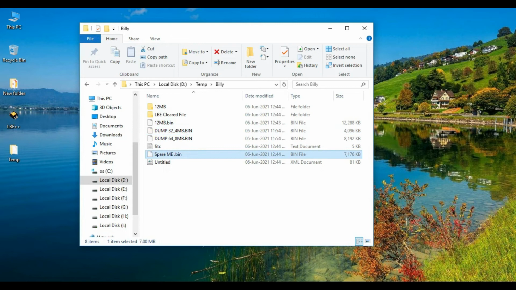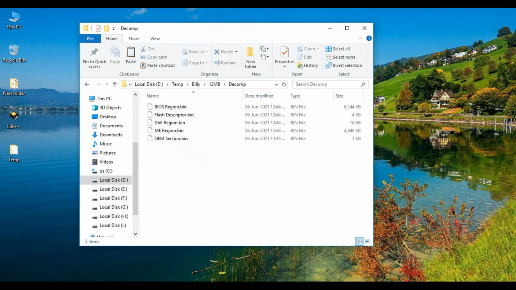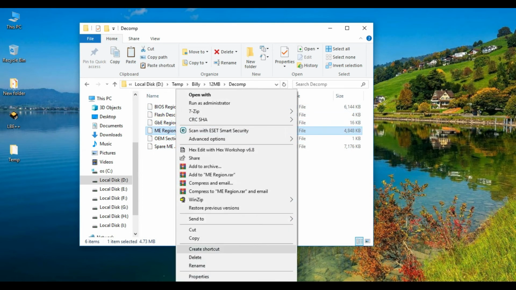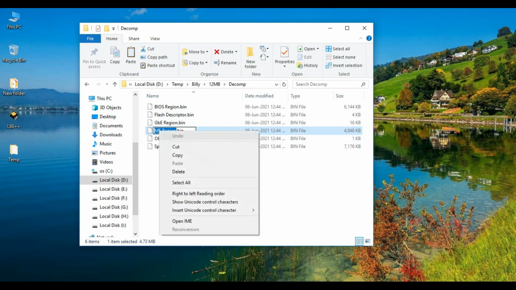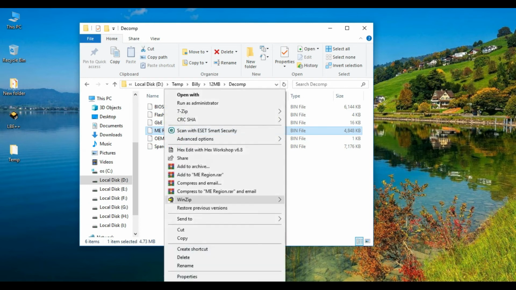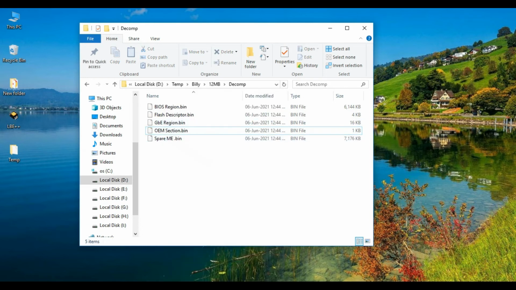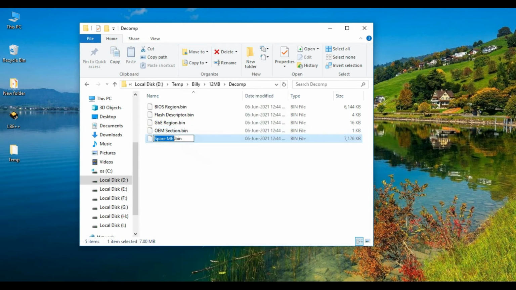So we select this file, click copy, go to the 12 MB file folder, decomp folder, and paste it here. Now rename this. Select this ME region file, name, copy, and delete this. Now rename spare ME.bin and paste here.